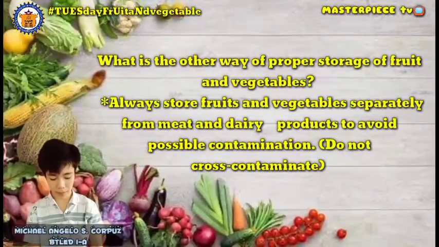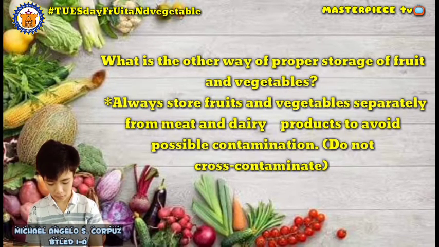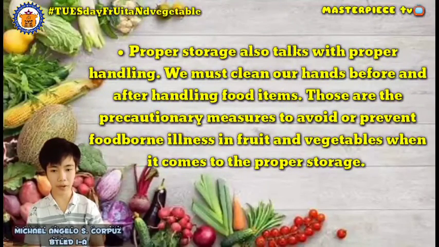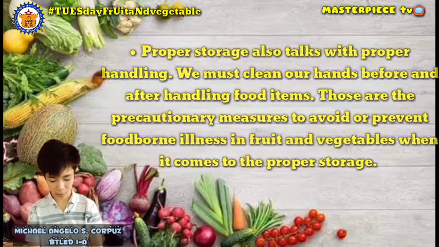What is another proper way to store fruits and vegetables? Always store fruits and vegetables separately from raw meat and dairy products to avoid possible contamination with bacteria, or what we call cross-contamination. Proper storage also engages proper handling. We must clean our hands before and after handling food items. So, those are the precautionary measures to prevent foodborne illness in fruits and vegetables when it comes to proper